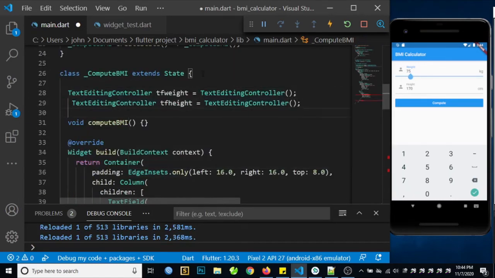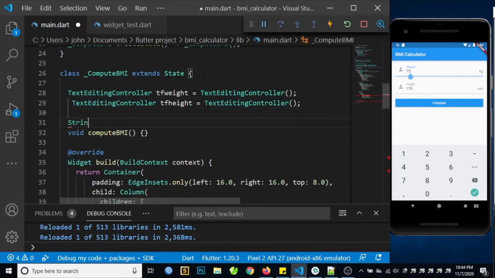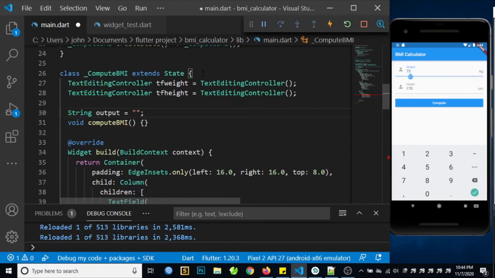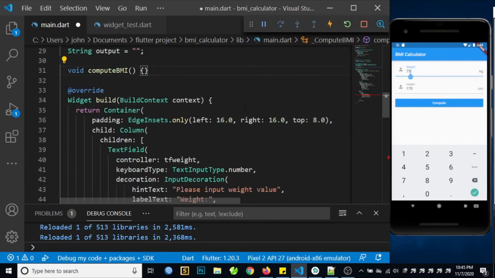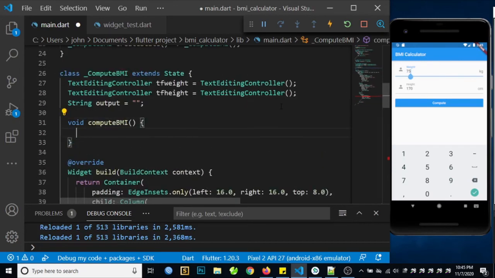In here, String output is equal to empty, and then inside of our compute BMI, let's try our